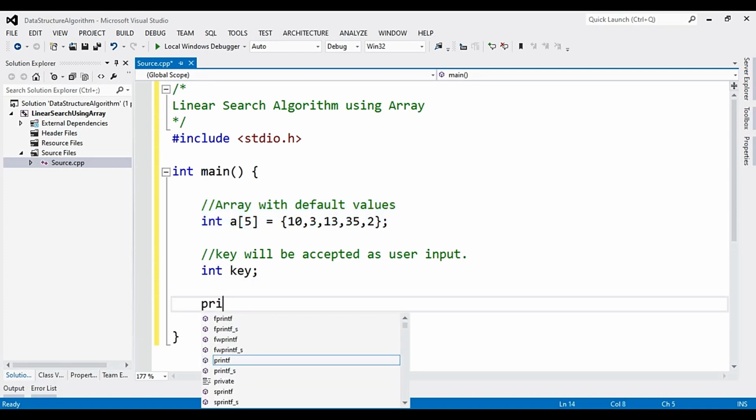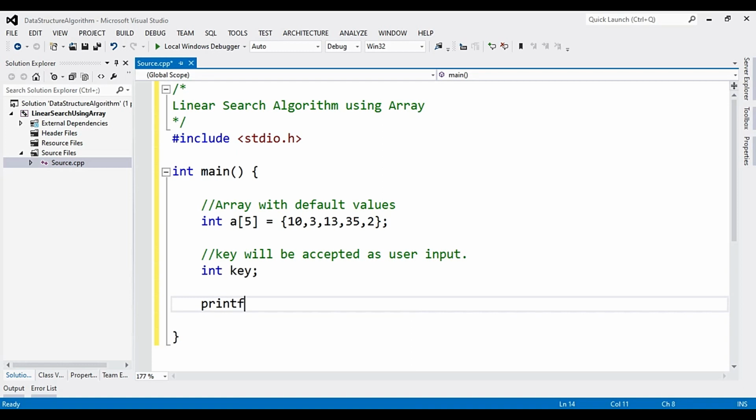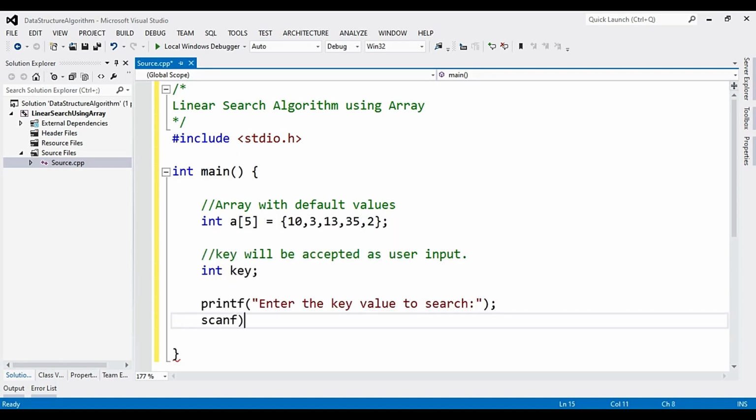In this case, I will first prompt the user to enter the key value. I'll say enter the key value to search, and we'll read the value. I'll use scanf to read the value into the key variable.